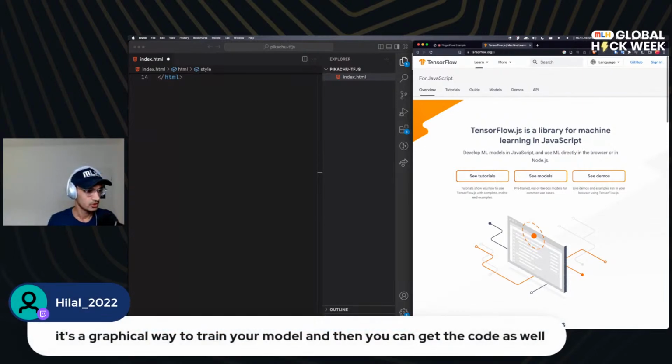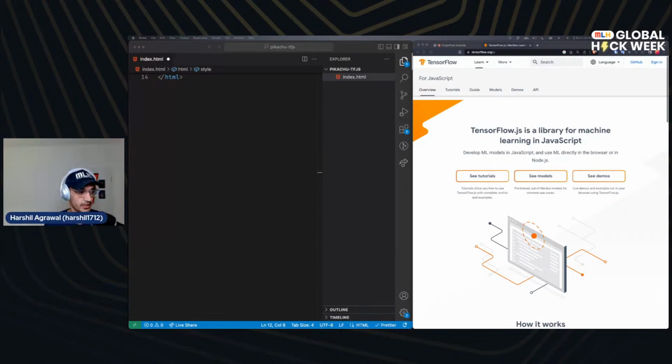All right. So Hilal says that Google Teachable Machine is a graphical way to train your model, and then you can get the code as well. Interesting. So for the folks who are trying to create your own model, maybe take a look at Google's Teachable Machine. That might be something that can help you with building your model. Right now, moving forward with this,